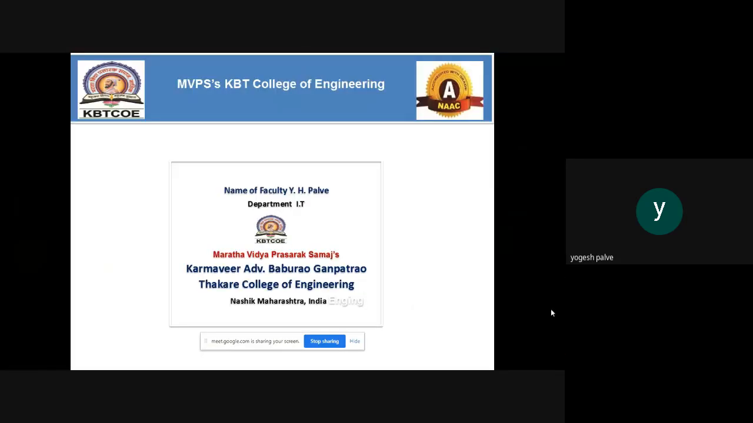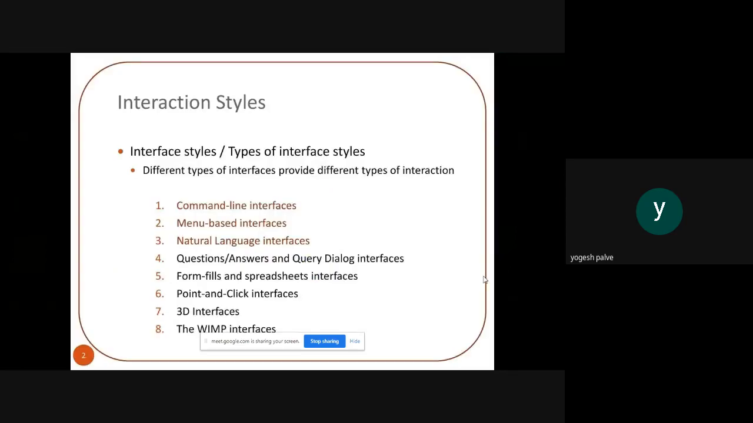So today we will discuss the interaction style. Interaction style is how you interact with a specific application. At that moment you are dragging something, or using the command line interface, menu-based interface, form filling, or 3D interfaces. You can also apply the WIMP interfaces. These are the interaction styles which we will apply as a developer whenever you are developing any kind of